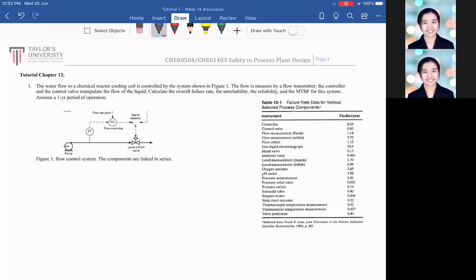And therefore, you can plan for your preventive maintenance, because we don't just say, oh, I'm going to do PM every 3 months or every 6 months or every 1 year, because with data support,